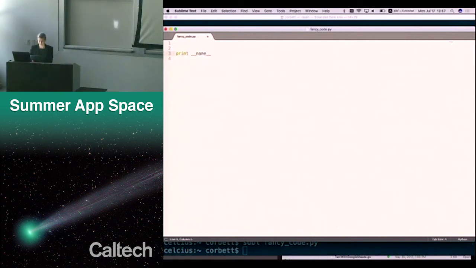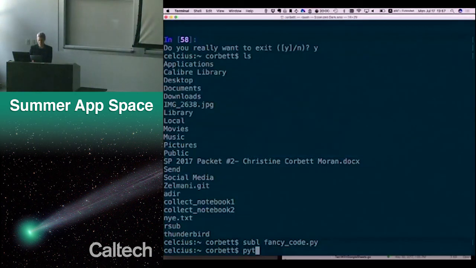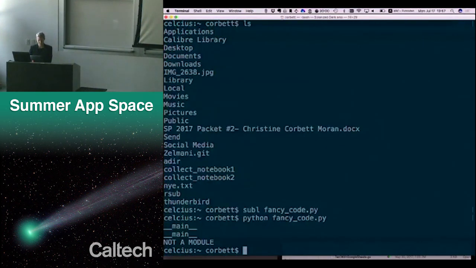Let's put parentheses around this. That makes sense. And then I'm going to do print name, print not a module. So let's see. Now I'm going to run from the bash console fancycode.py, and the name is equal to main everywhere, and